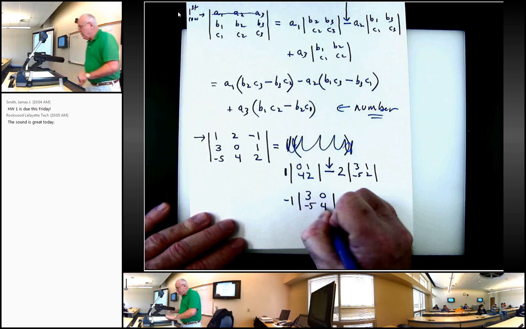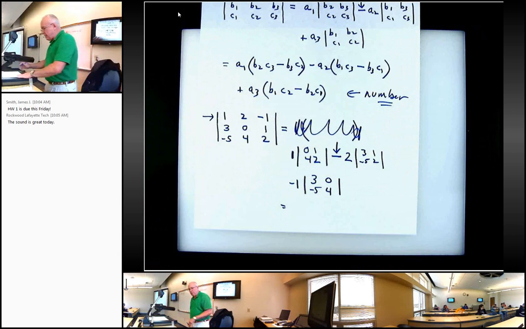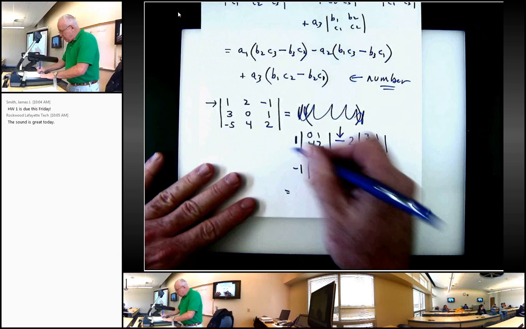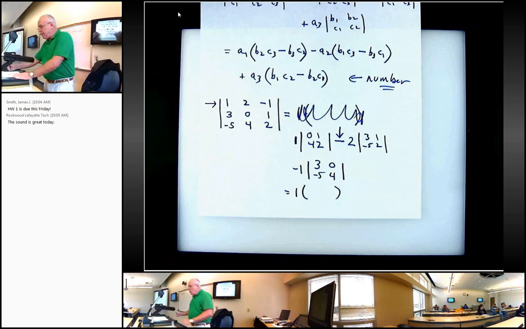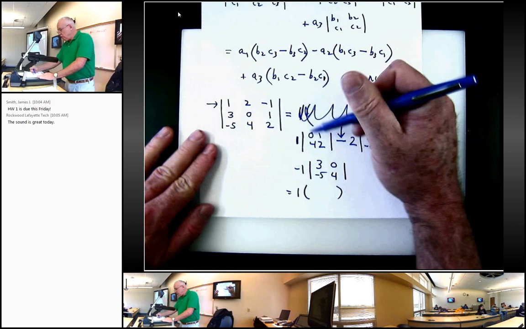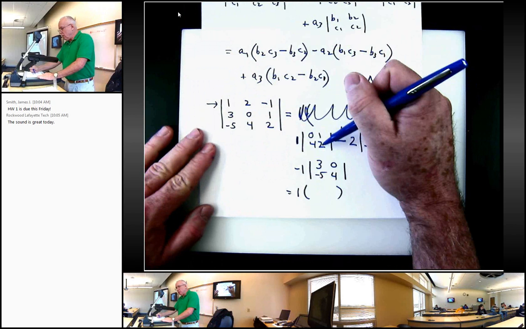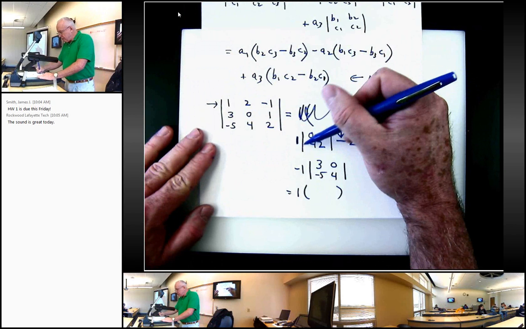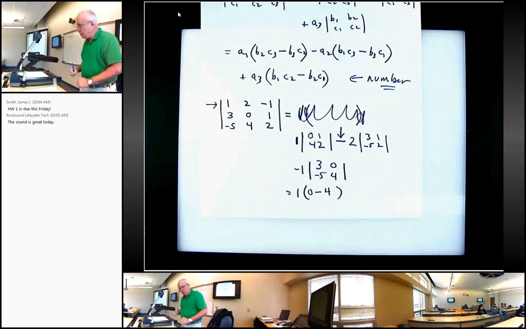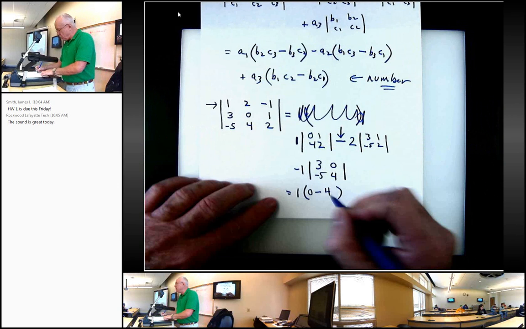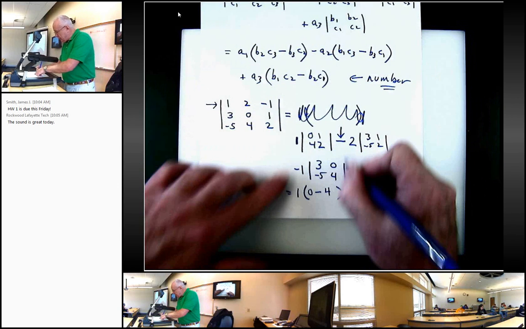Okay, so now we'll figure this out. We have 1, and now I'm going to have my parentheses here. We have these determinants. 2 times 0 is 0, minus 4 times 1, which is 4. So we have 1 times minus 4. Then we have minus 2,